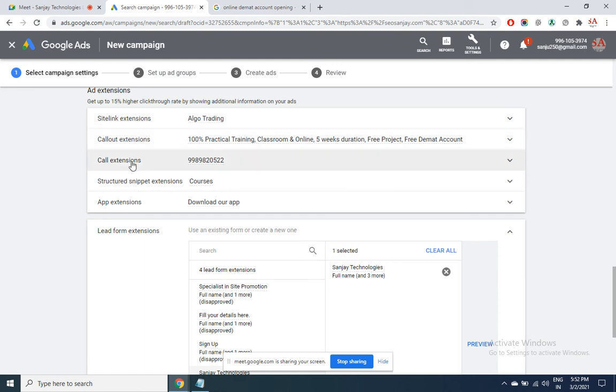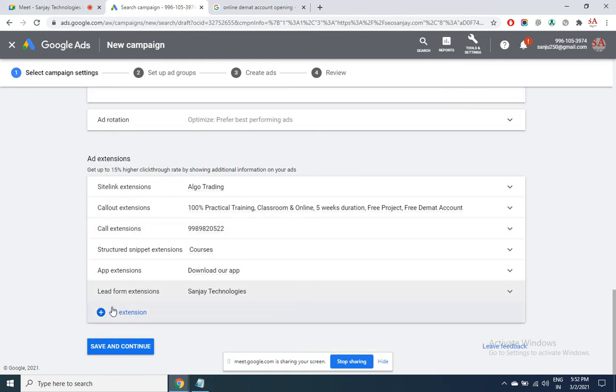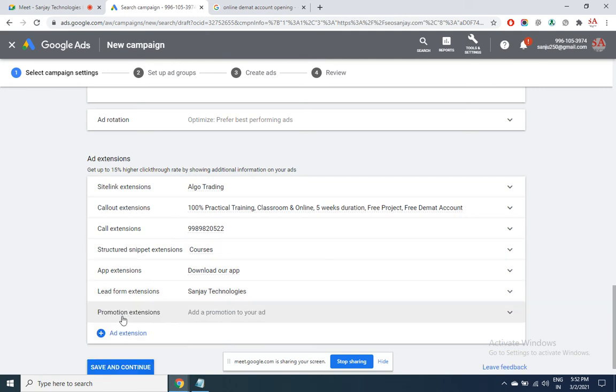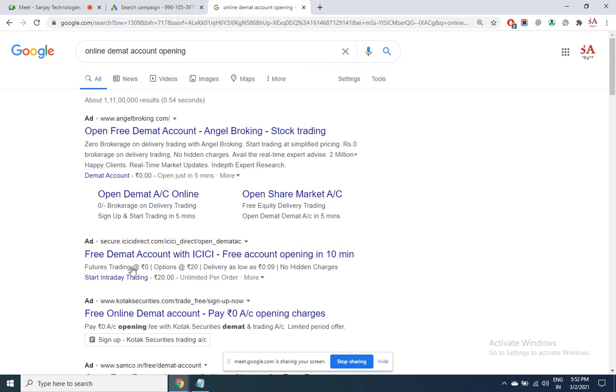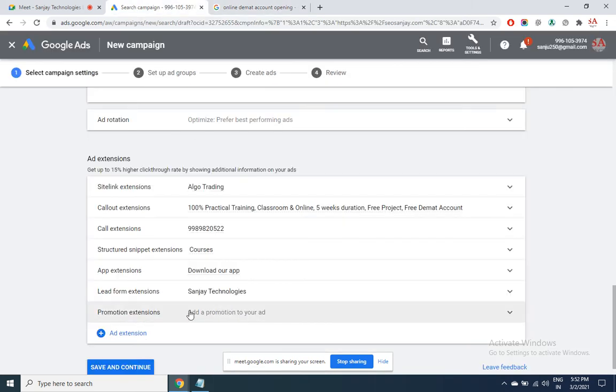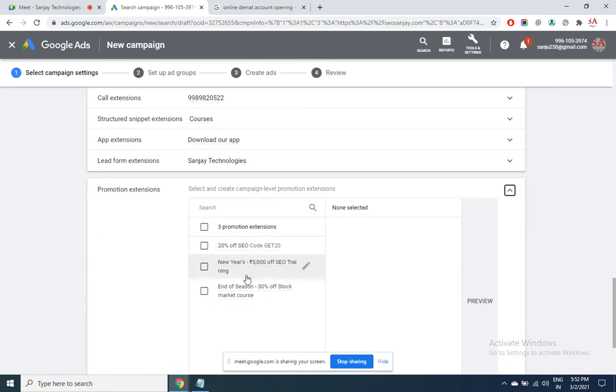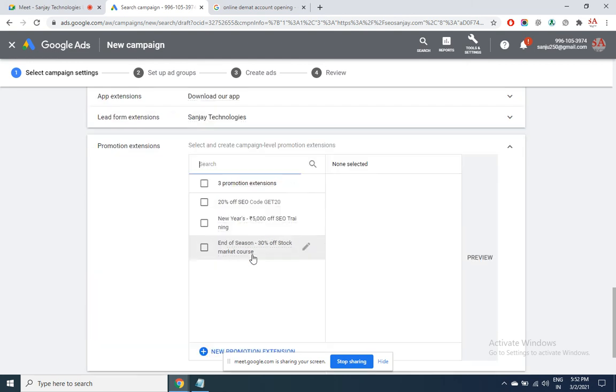So this is the sixth extension that we have seen. Let's see the seventh one. Promotion extension, generally when you have an offer. So I want to create a new promotion.